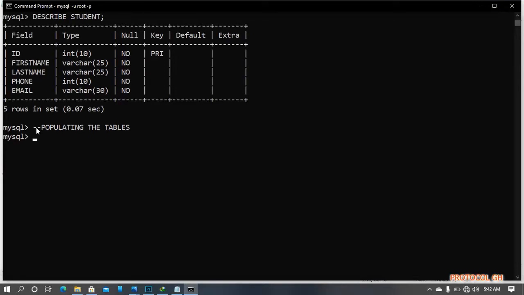So populating the table, you use the keyword insert into, followed by the table name student. You have two ways of doing it. One, you can write insert into the table name, then you bring values, then you move on, or